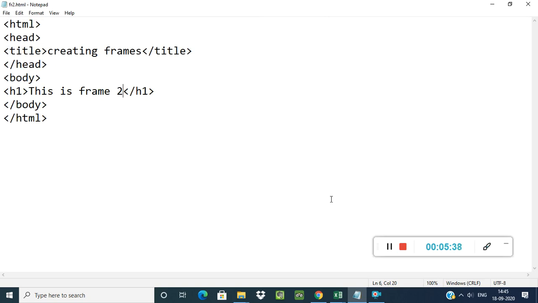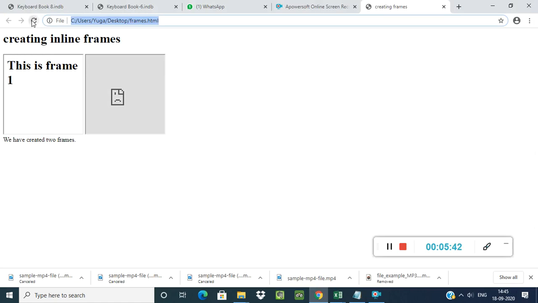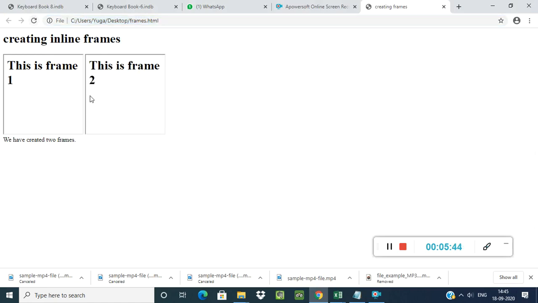After saving this, I am reloading the file. See, are you able to see this? Now my two files, frame 1 and frame 2, are ready, and this will show me here.